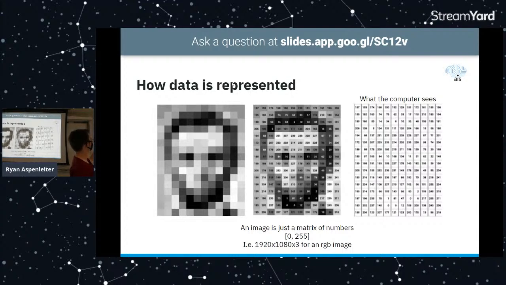Each pixel has a certain number, and that number represents how dark that pixel actually is. For example, a completely black pixel would have a value of 0, while a completely white pixel would have something like 255. The computer only sees those numbers. It doesn't see the image. It just sees a lot of numbers.